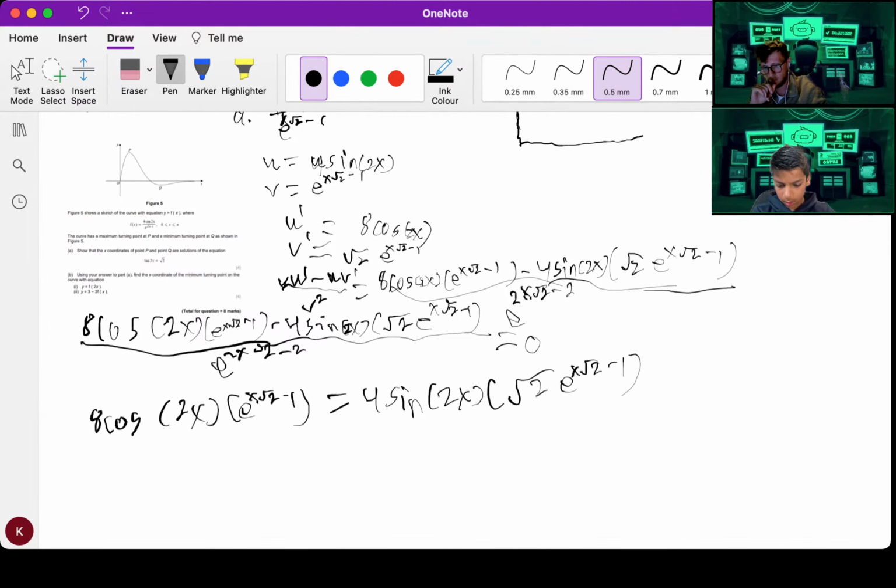Right, so then I think that means we can... So we want tan of 2x to be root 2. So to do that, we can divide the expressions to get